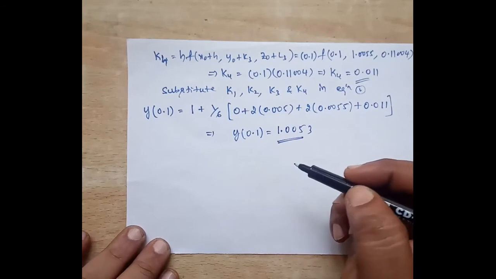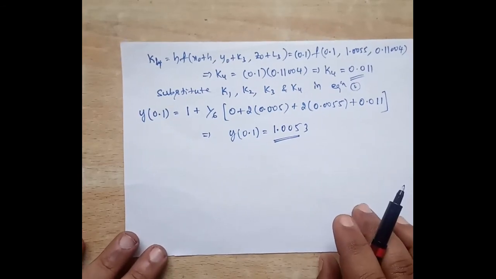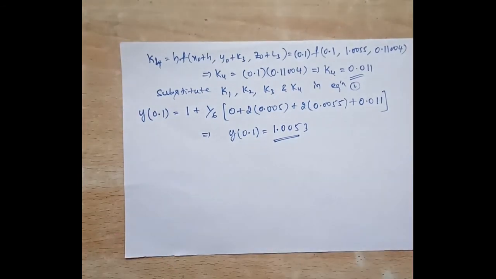So this is the value of y at x is equal to 0.1. So this is the required solution of your problem. This is how we can solve a problem by using the fourth order Runge-Kutta method. The same procedure we did in module 4 to solve a first order DE, but here one extra step is you have to reduce the second order differential equation to first order form, and then proceed. So same formula, same type of calculation. Okay, so this is the required solution for a problem here.